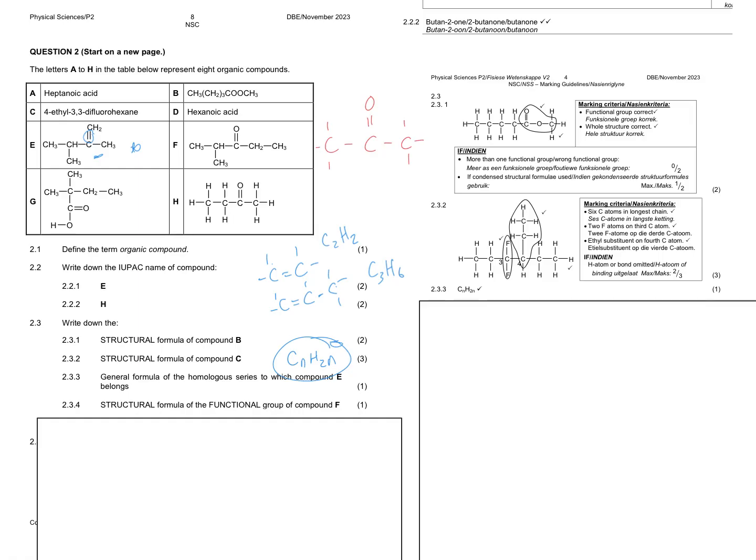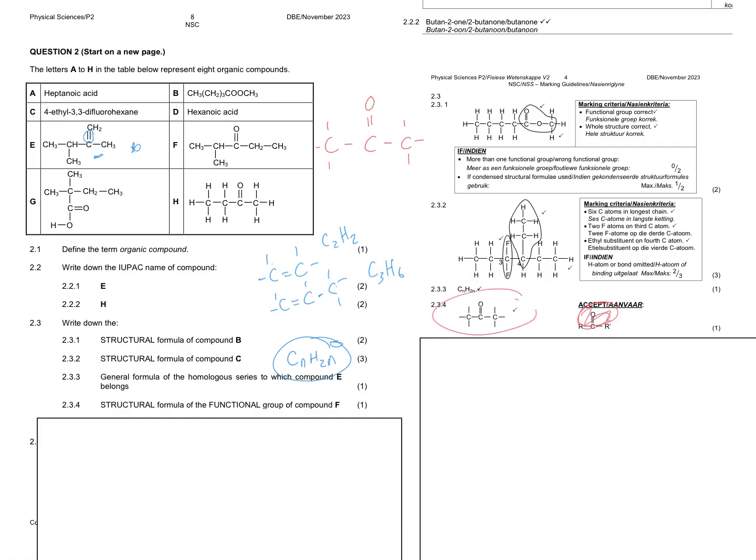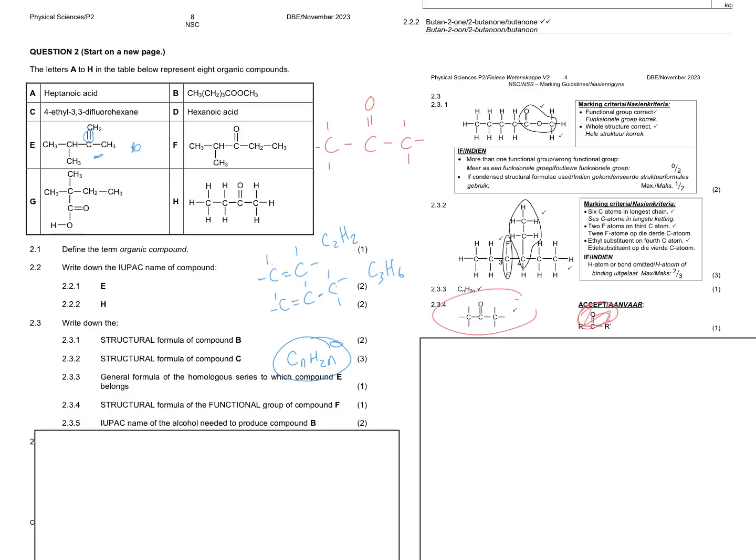See, there we go. So they didn't really like this one. They accepted this one later, so I'd rather we do this one. And you get 1 mark for all of that, which I suppose is quite a lot of work. So now just to go on to the next one, 2.3.5, they want the name of the alcohol to produce